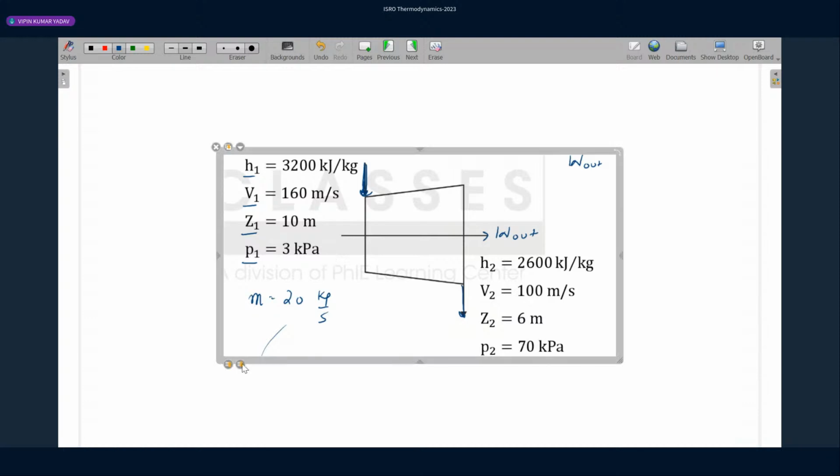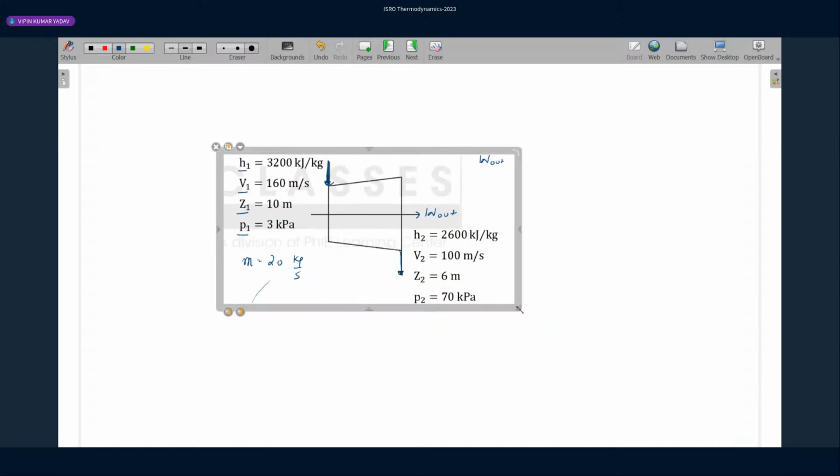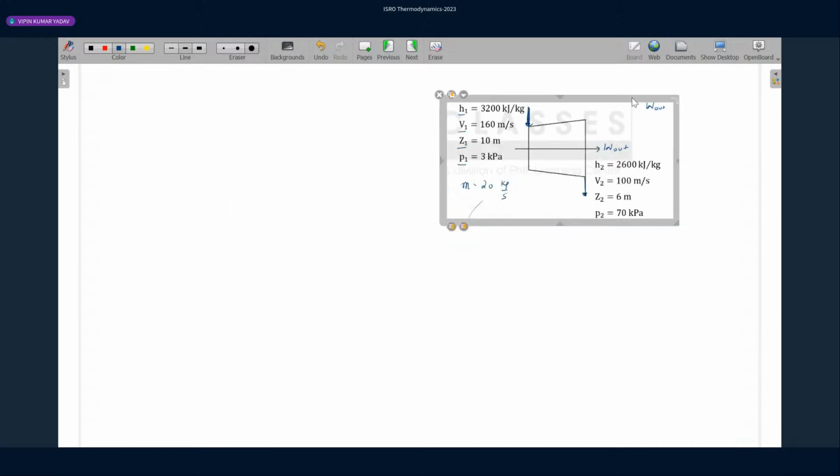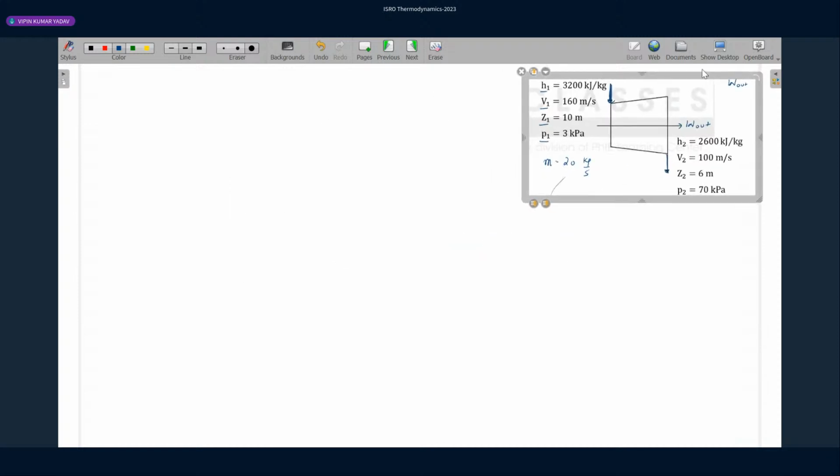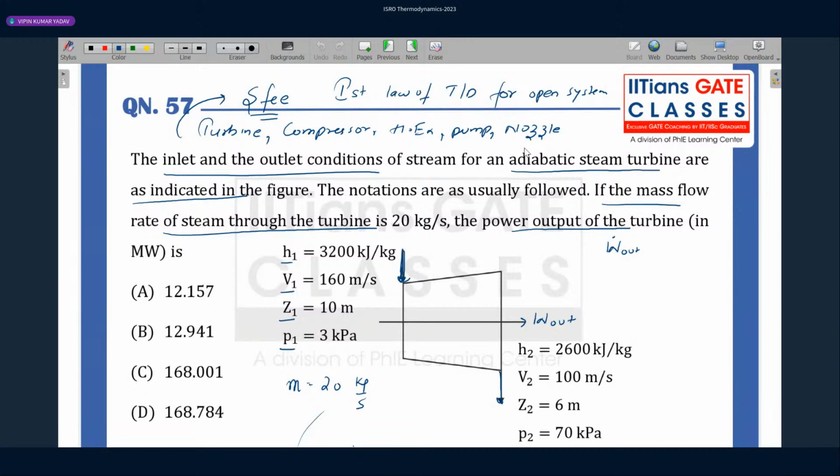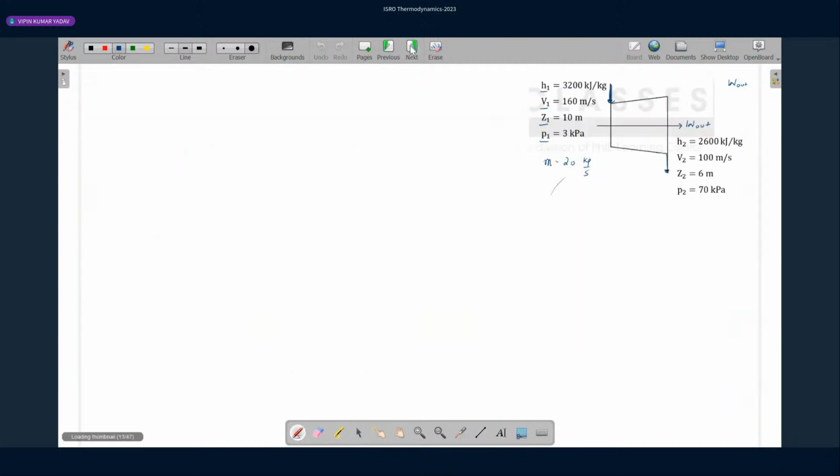Now let me apply the steady flow energy equation in this adiabatic turbine. Again, they have said specifically that it is adiabatic. What do you mean by adiabatic? Q is equal to 0. Okay. Now let us try to solve this. Applying the steady flow energy equation. What is the steady flow energy equation? Mass flow rate